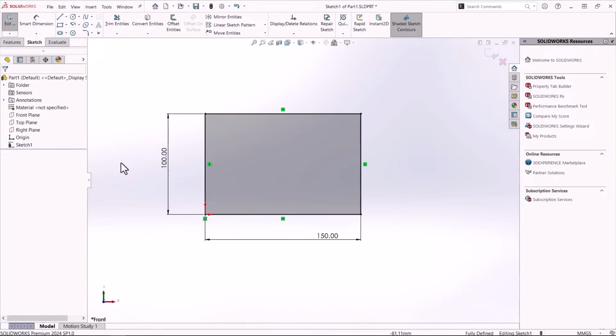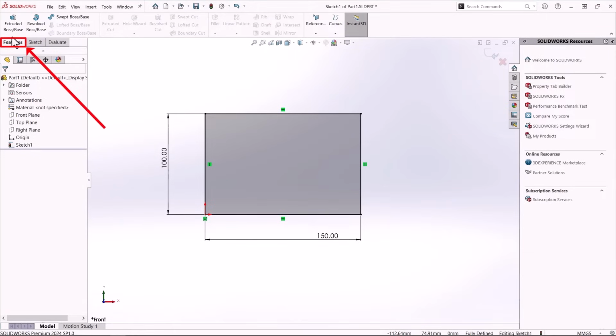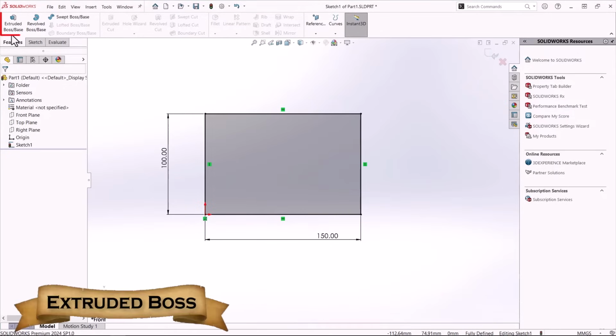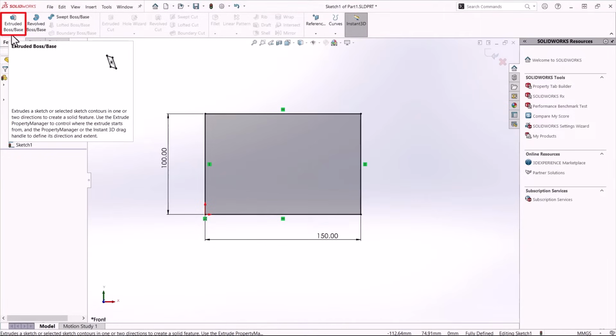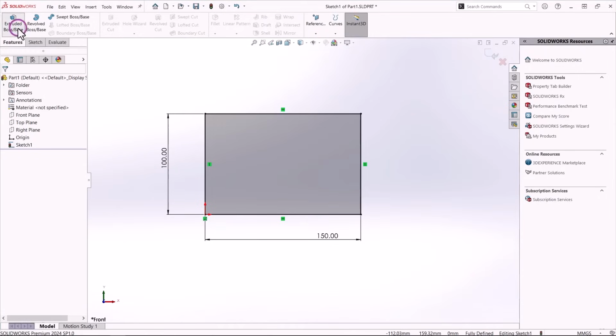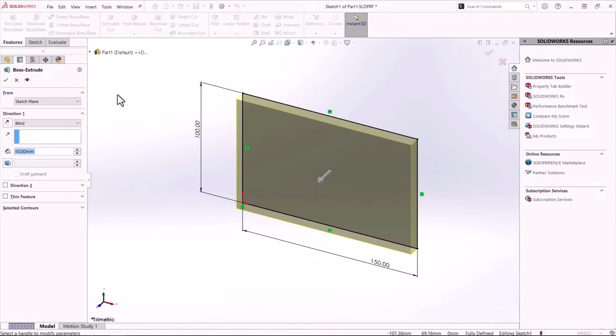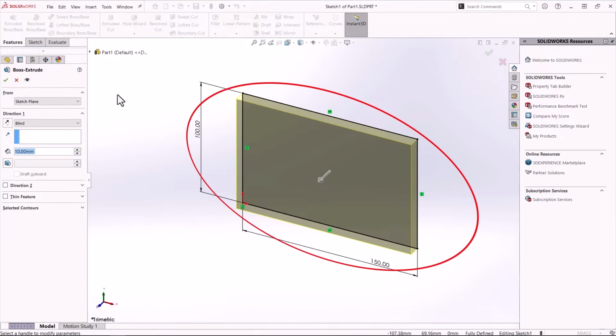Alright, now that we have created a sketch profile, let's move to the Features tab, where our 2D ideas can be transformed into 3D geometries. While there are many tools available here, you'll notice that most of them are not currently applicable to our 2D geometry. The most basic tool here is the Extruded Boss command, which allows us to turn our 2D sketch profile into a 3D geometry by extruding it normal to the plane where it was designed. When we click on this command, the camera angle changes so we can view the object in 3D. The geometry about to be created is highlighted in yellow.